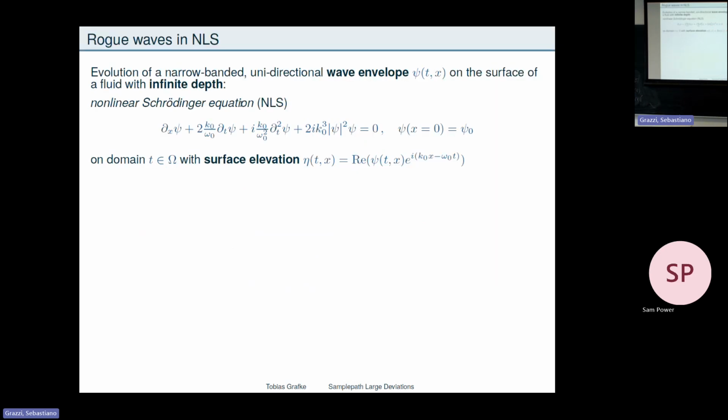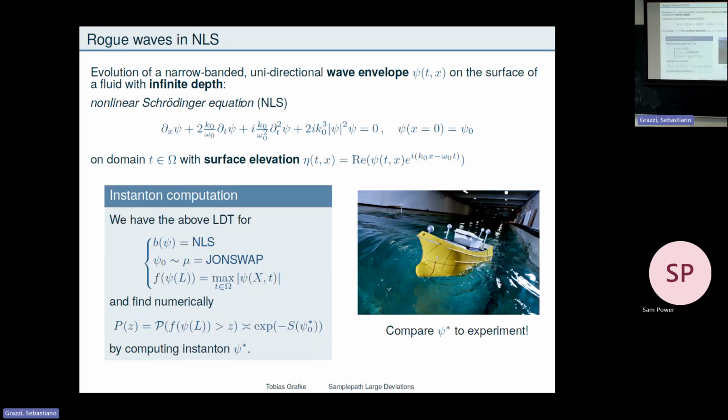Right? So this is exactly what we do then for the wave plume experiment. So the waves evolve to very high accuracy according to the nonlinear Schrödinger equation, that's this equation, for some envelope psi, and then you can get the surface elevation from this. And the only thing that we have is an initial condition, sorry, psi 0, which is distributed according to a known distribution.